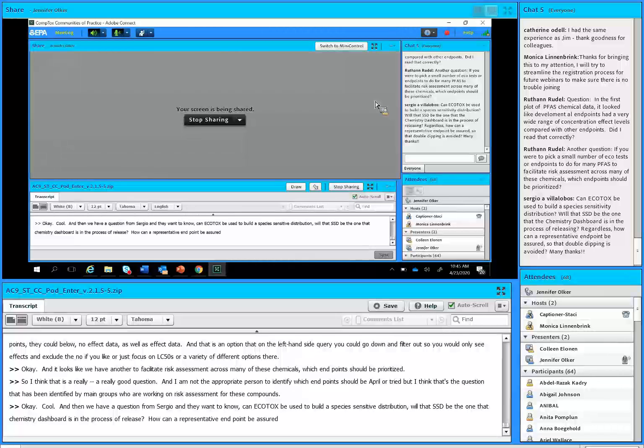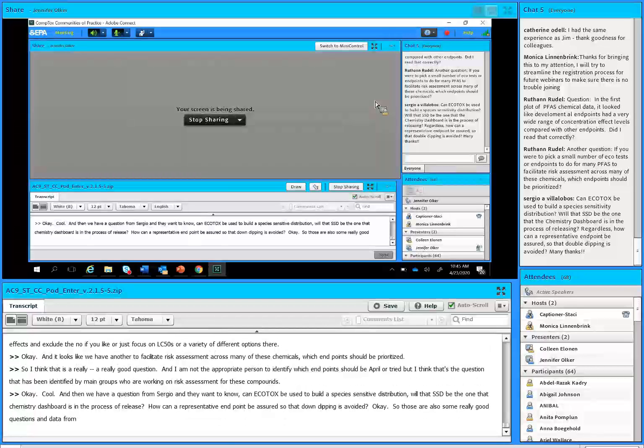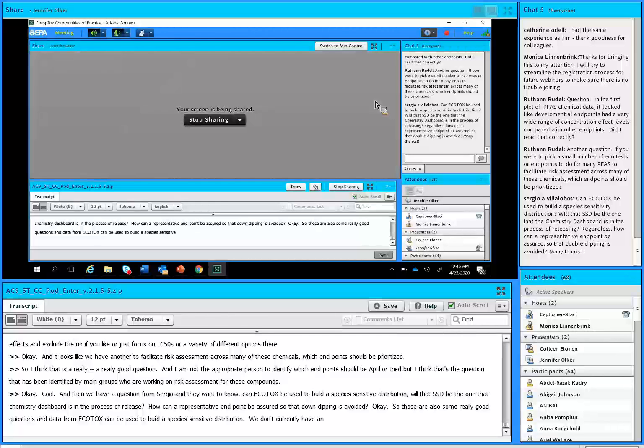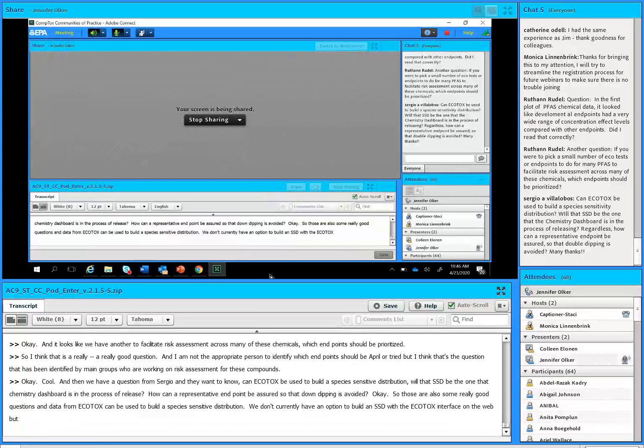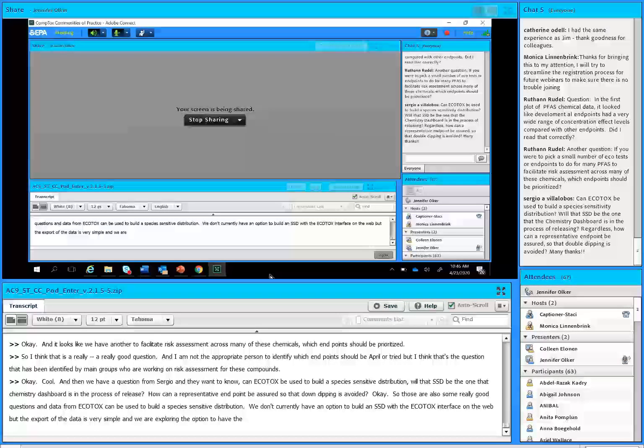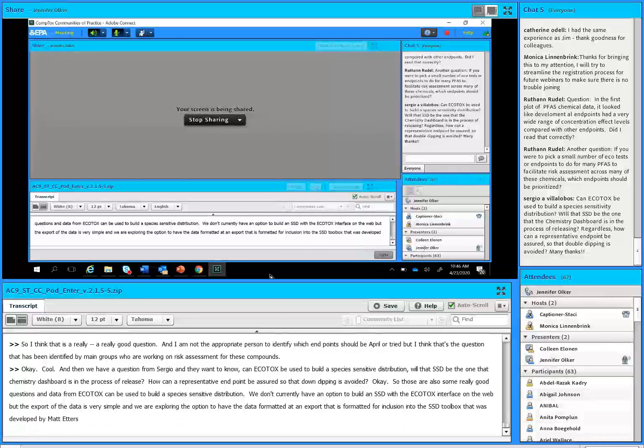All right, those are also some really good questions. And data from ECOTOX can definitely be used to build a species sensitivity distribution. We don't currently have the option to build an SSD within the ECOTOX user interface on the web, but the export of the data is very simple, and we are exploring the option to have an export that is formatted for inclusion into the SSD toolbox that was developed by Matt Ederson. I'm not sure if that's the one that is being referenced here as for release on the chemistry dashboard, but that was recently released, and